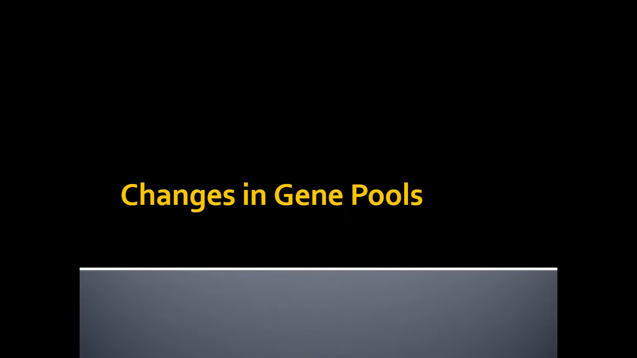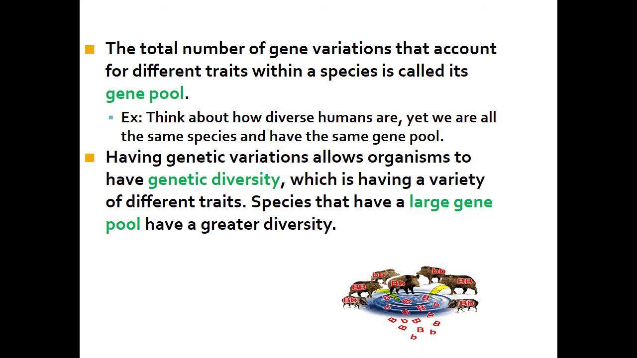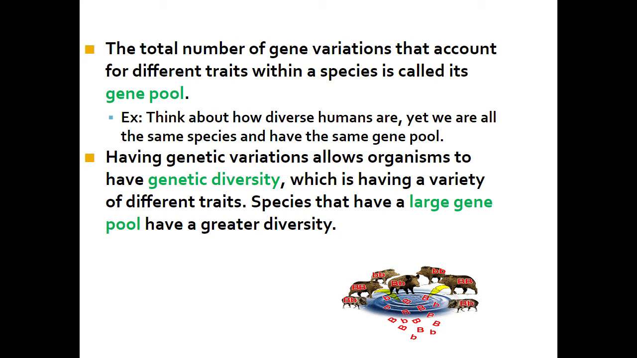Changes in gene pools, part of our evolution of populations unit. So a gene pool is the total number of gene variations that account for different traits within a species. You guys have learned about this before. You've learned about alleles. Remember your big B's and little b's and things like that. Remember, some alleles are dominant and some alleles are recessive. Remember, if you have at least one dominant allele, then that's the trait that's going to show up in the